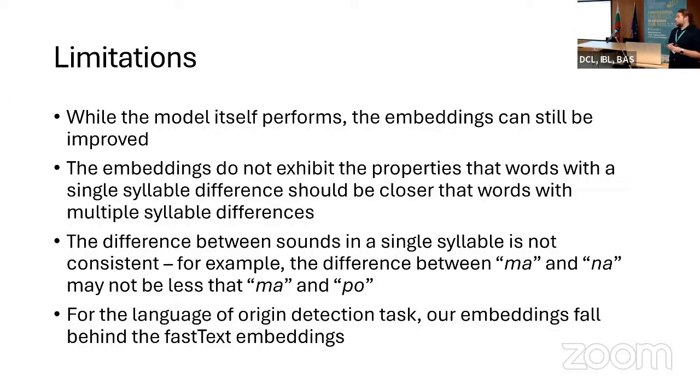And of course, if you have a word with two syllables and you have another word with those two syllables and the second one repeated again, the distance is not consistent. So in some cases, when you work on word level, the differences are not that consistent. And of course, this model was developed only for Bulgarian currently. However, it is possible to extend it to other languages.